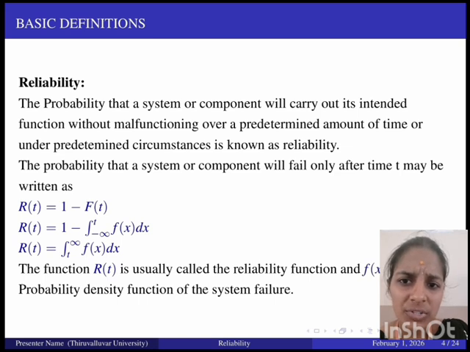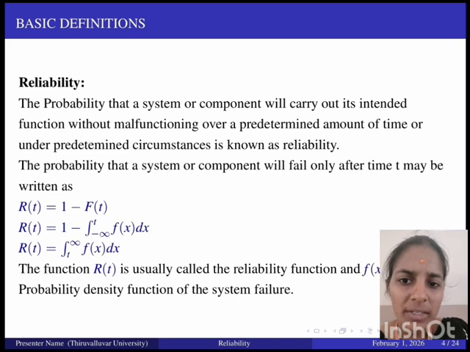Next, basic definition, reliability. The probability that a system or component will carry out its intended function without malfunctioning over a predetermined amount of time or under predetermined circumstances is known as reliability. Mathematical formula: R(t) = 1 - F(t), and